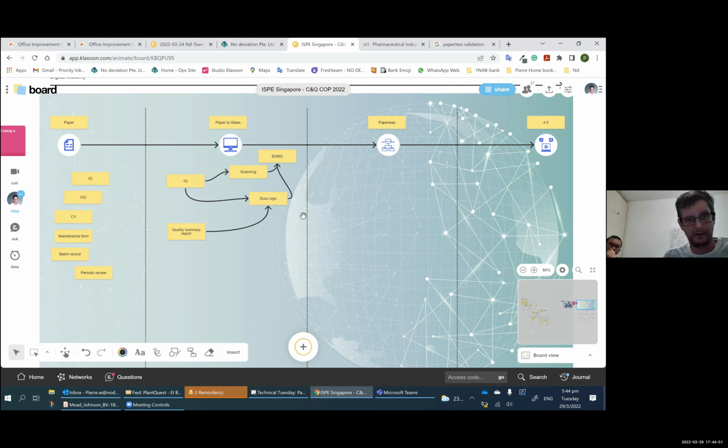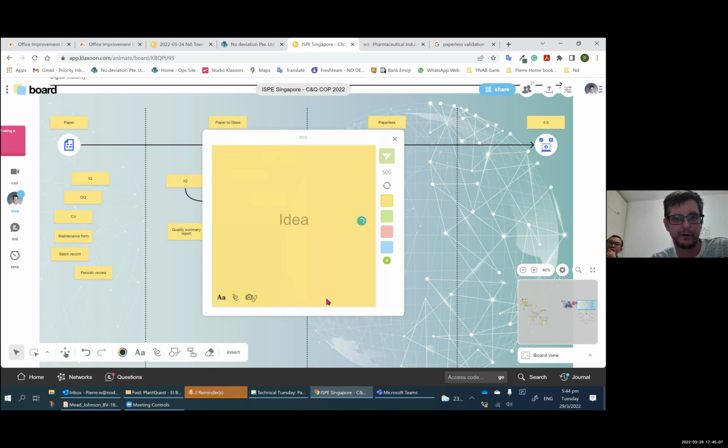Now, the problem of, for example, that IQ is that I can scan it and put it in the EDMS, but what I can do also, if I have a higher maturity, is execution on a computer. So what you see is that protocol here, now I will execute it on a computer, right?